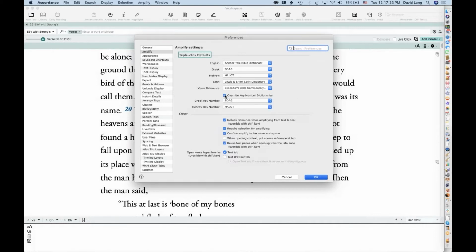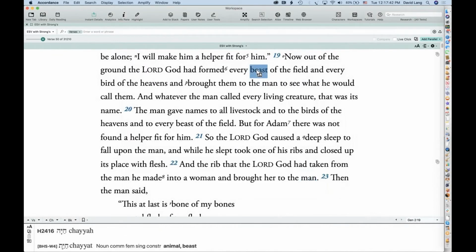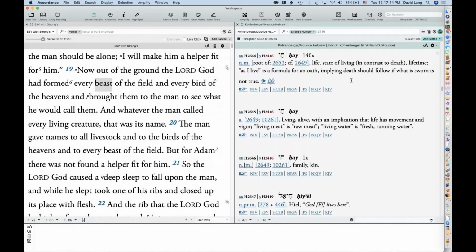But you can see here I've got override key number dictionaries checked, and then I've specified which Greek lexicons I want to be accessed when I triple click a key number word in a key number text. If I uncheck that and click OK, it will now use the key number dictionary that corresponds to this particular text.